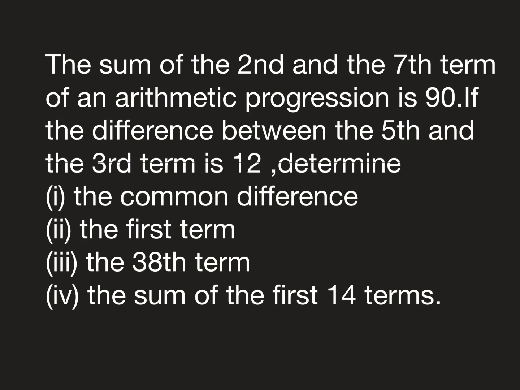Welcome everyone. This is arithmetic progression in front of us, and the question reads: the sum of the second and the seventh term of an arithmetic progression is 90. If the difference between the fifth and the third term is 12, determine the common difference, the first term, the 38th term, the sum of the first 14 terms. Solution: